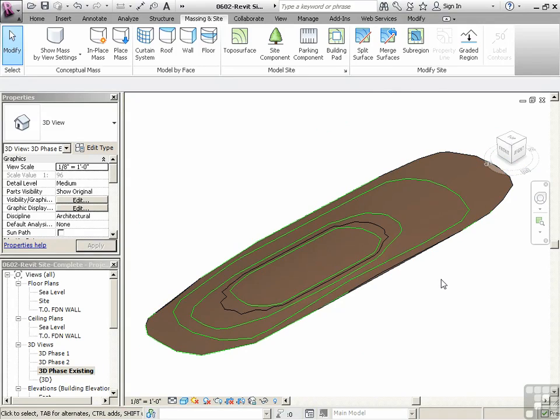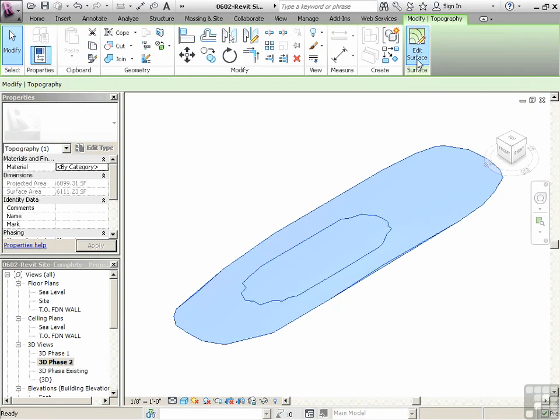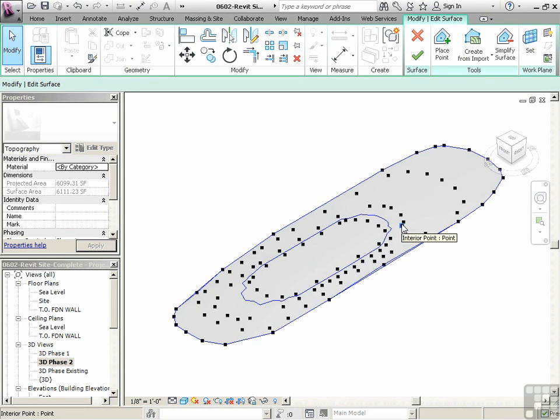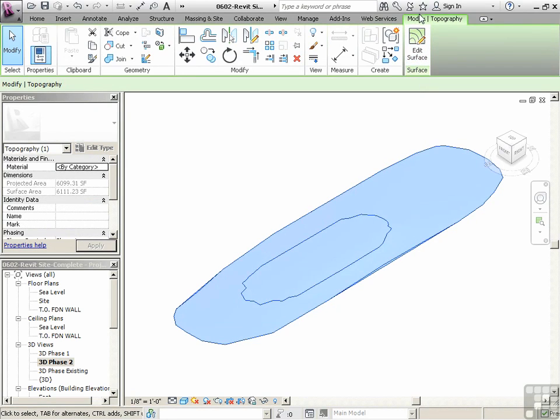Now, we already made the topo surface, but let's just go to phase 2 because we had done a cut and paste thing. So now we've got a surface in phase existing and a surface in phase 1. This one in phase 2, though, if I were to just click on it, and edit surface. The reason why I'm clicking on the one in phase 2 is because I know I'm not picking the existing one. I'm picking the separate surface that was made in phase 1. Let me just hit the X. I'm going to select that surface, and then under Modify Topography, I can click on Edit Surface, and then